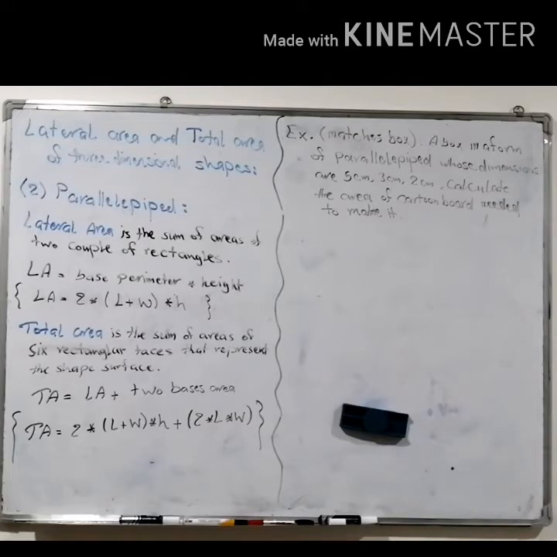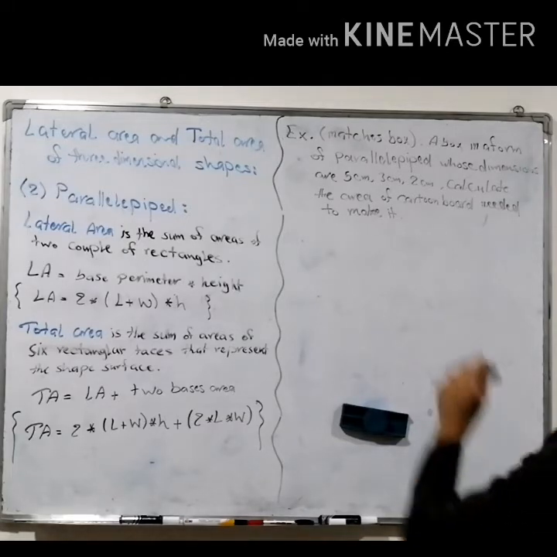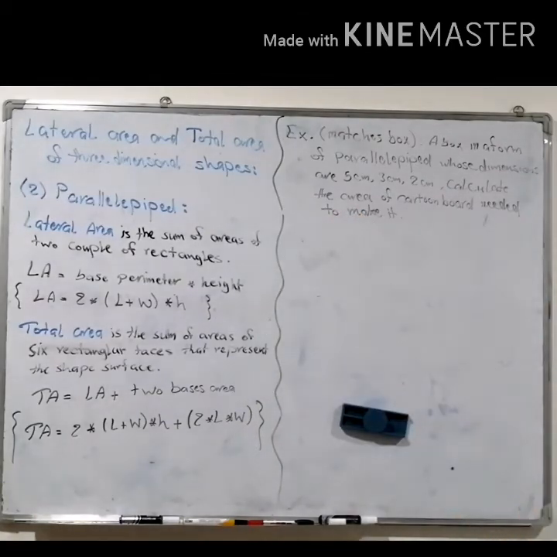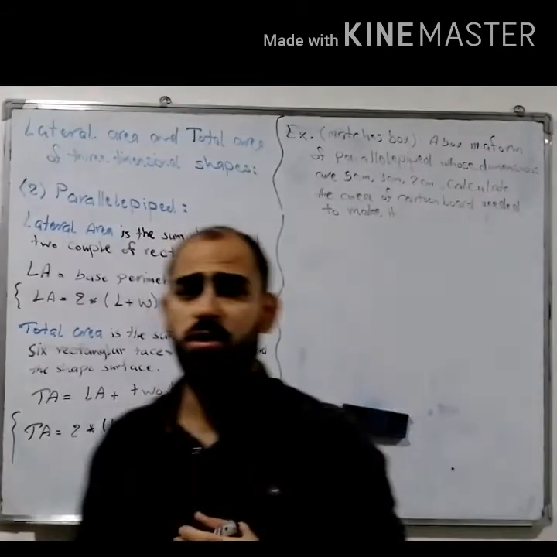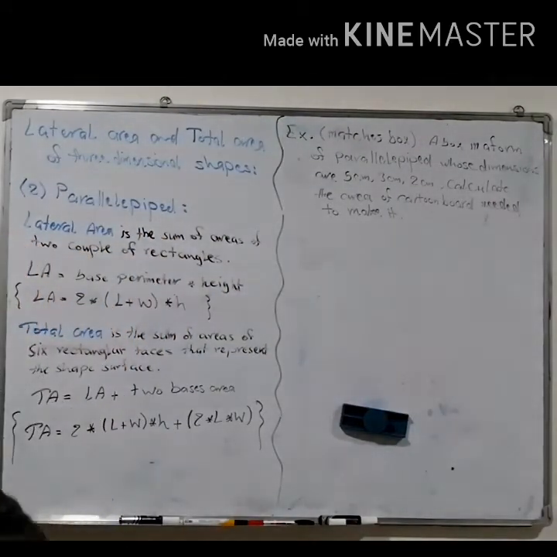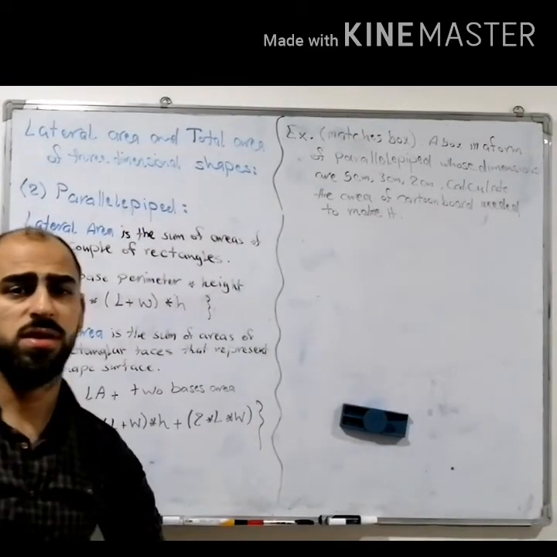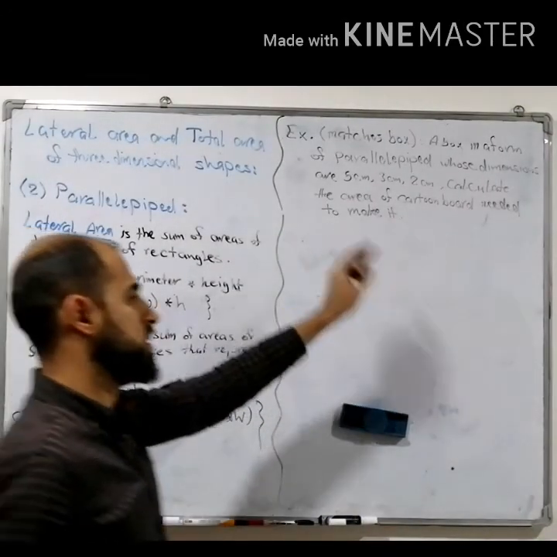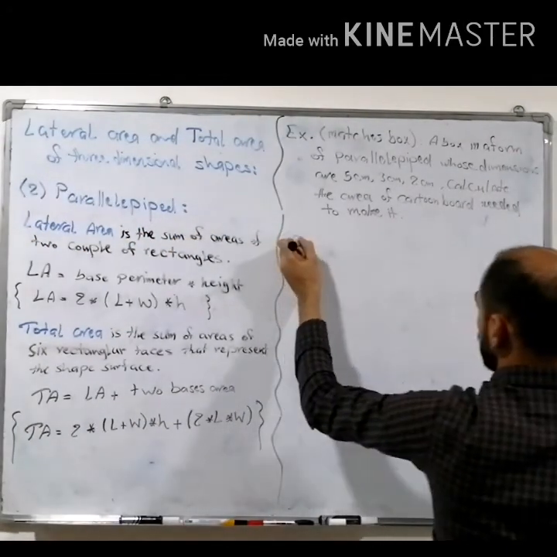Here we have to know the area of carton board needed to make the matchbox. So to know the area of carton board, we have to know the total area. That means the total area of the parallelepiped is the area of carton board needed to make the box. So the solution,